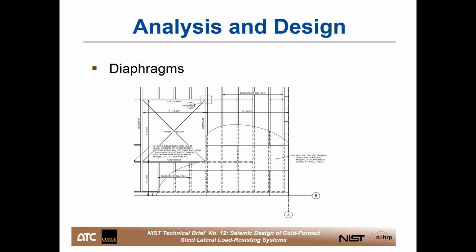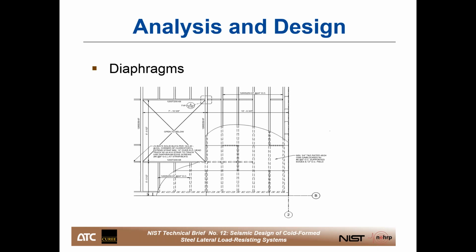So diaphragms collect and distribute inertial forces to the seismic force resisting systems. Diaphragm membranes and cords, incidentally, are not capacity protected. In other words, you don't need to design those for expected strength or overstrength level forces. Collectors, however, are required to be capacity protected. So they do need to be designed for the expected strength of the seismic force resisting system or, omega naught